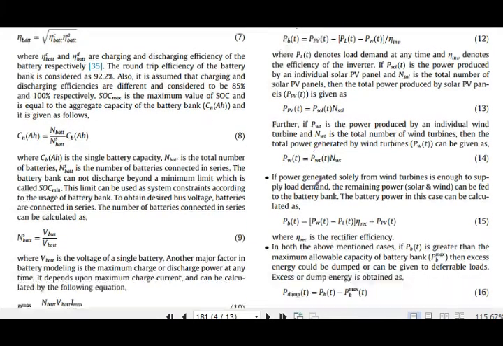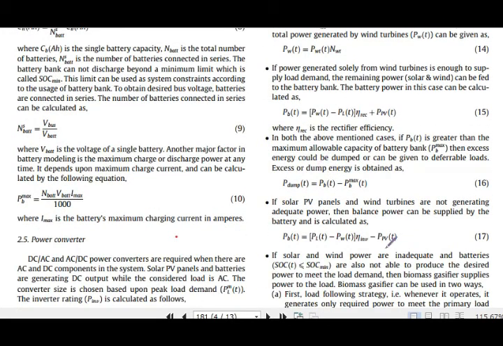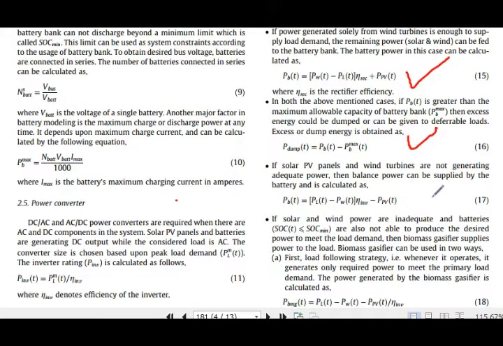will be discussing later on all these things and all these operational strategies, charging and discharging, whether off grid or grid, in detail in a series of lectures. Then it will be clear to you, because this is a main overview lecture, so we are going through it in a very fast way, so it may not be clear to you now. Later on, all these things, all these equations and all these operational strategies will be clear to you, and this is